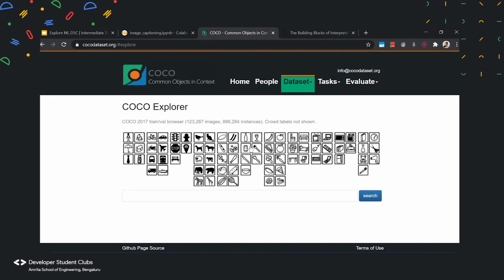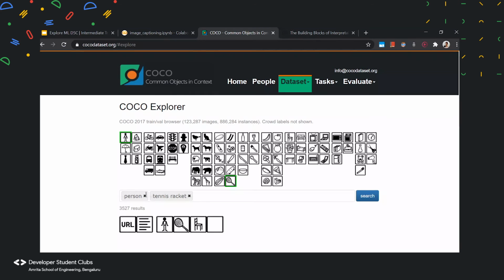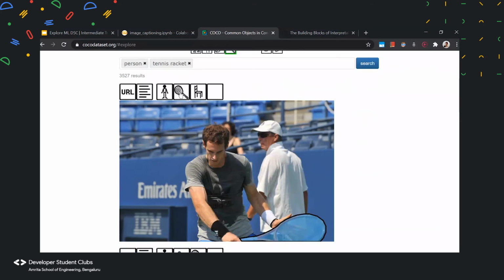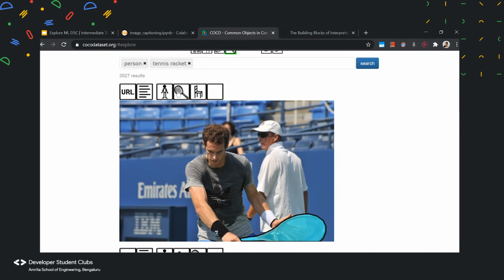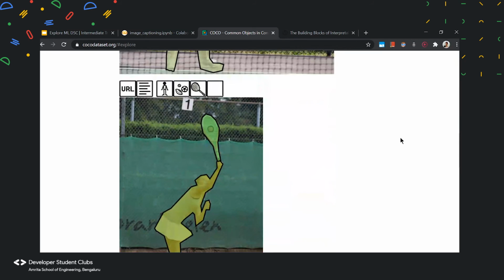So let's just randomly select images. Let's click on a person and say probably a tennis racket. So we have two labels, and if we click on search, we would be given the different images that contain these two labels. As you can see, this image does have a person and a racket, and we have many such examples which involve a person and a racket.